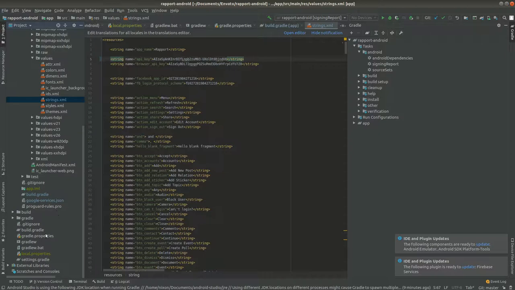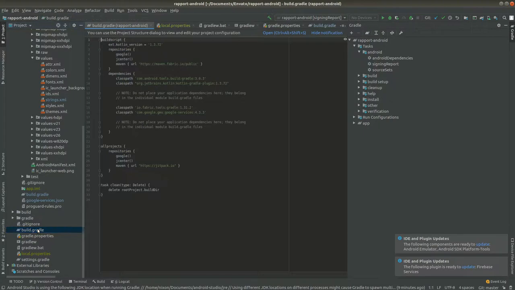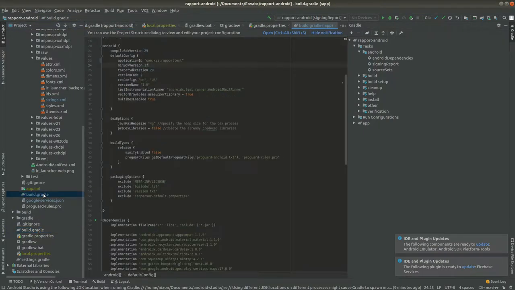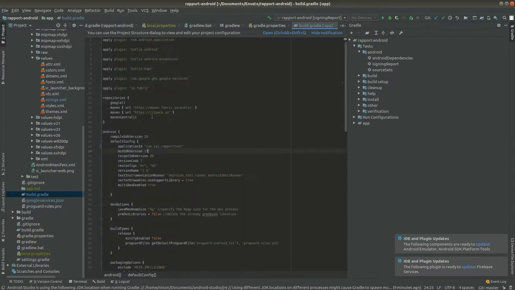Basically it is in the build Gradle that is situated here, and you can change this to whatever you want. You should change this in order to add it to Firebase. Actually, in the previous video I showed how to add the application ID in Firebase. So this is the first step you need to do in order to add it to Firebase as well as to upload to the Play Store.